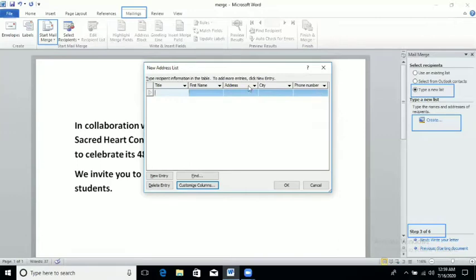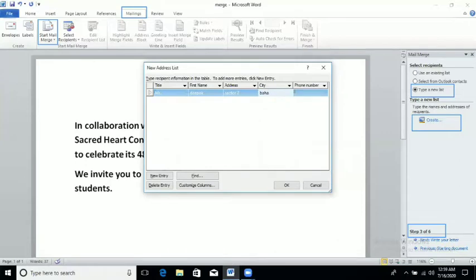If you don't want to change it, then no need to go to Customize Columns. Now you can fill it here. Title, I am writing Mr. First name, just write the first name. Address. Now we are creating a data source, which means we are maintaining a database.